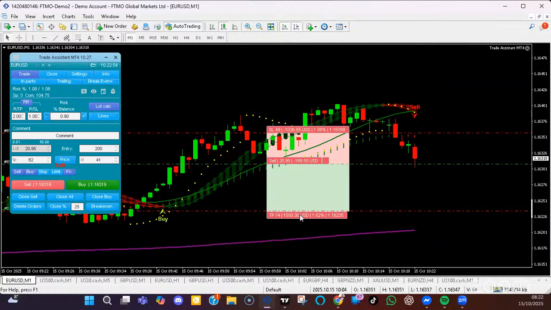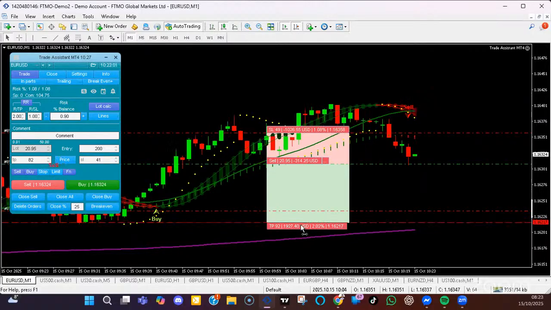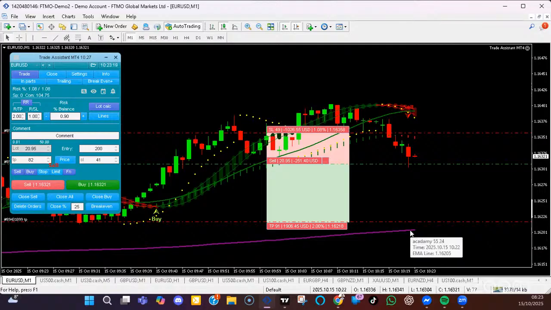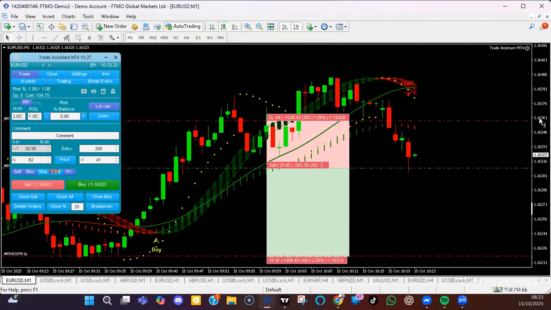So I'm going to push this down a little bit manually, and I'm going to go a little bit there, 2%, because we are still... 2% will still push us above the purple line in anticipation of maybe the